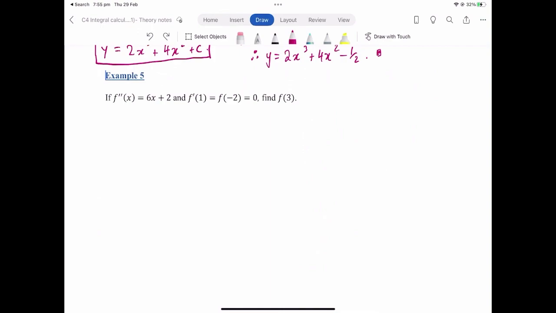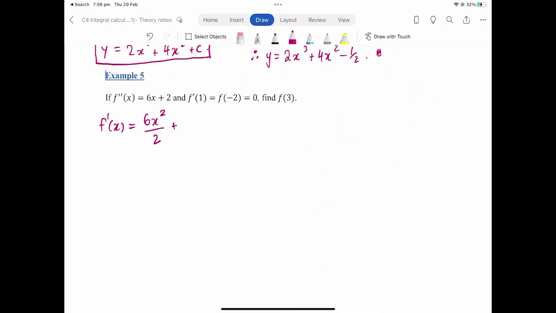So if we know the second derivative, the first derivative is just the primitive function, the antiderivative of the second derivative. So if I've got 6x plus 2, then we go through the motions and we do the same thing. So 6x to the power of 1 plus 1 makes 6x to the power of 2, divided by the new power,